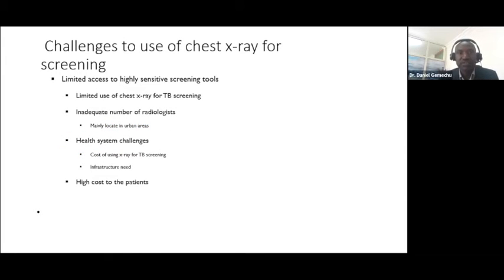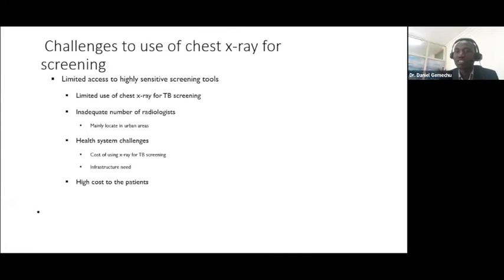Being a known fact that X-ray has long been used for TB screening, there have been major limitations in the country in terms of using just X-ray for screening TB patients. As you know, using highly sensitive TB screening tools is very important, but failing to use them limits the capacity to address the needs of the patients who have to be diagnosed by these technologies. So there is a limited use of chest X-ray screening for TB in the country,